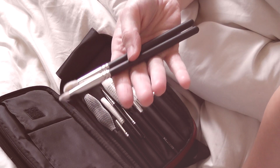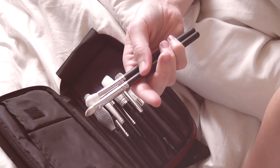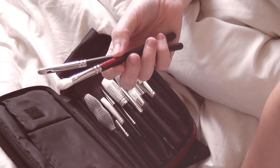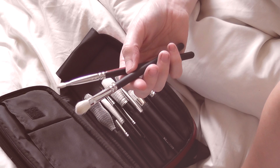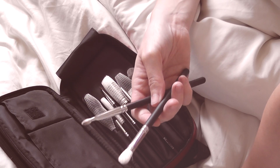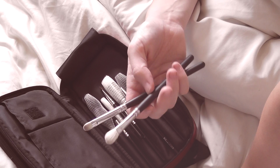These are two brushes that were given to me, and these ones are actually MAC brushes. Like I mentioned before, I'm not a fan of MAC, and at the time what I did is I just cover up the names with nail varnish because I didn't like the brand. I don't like the brand very much, and I didn't want the name to feature in a video and then kind of accidentally promote them. While I like the brushes, I think there are a lot of other brands which are much more affordable and offer the same quality, so I didn't really want to advertise MAC, because especially at the time that I was